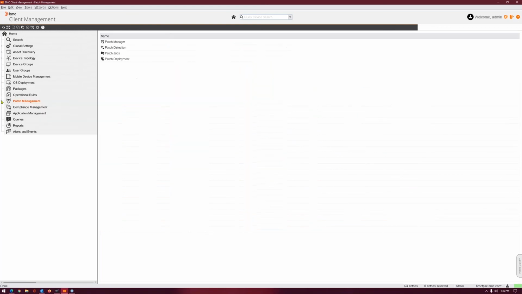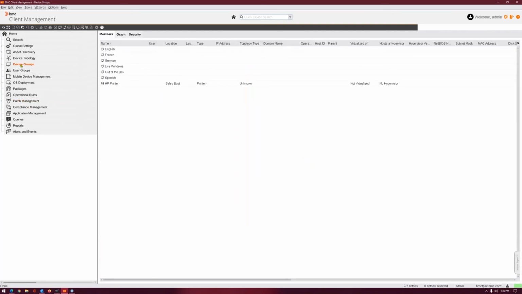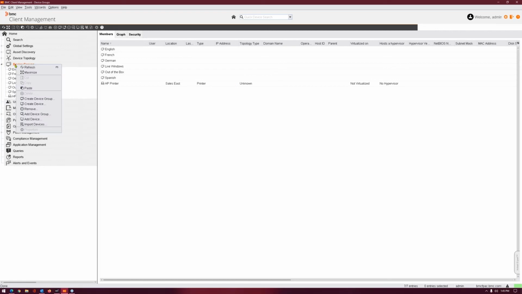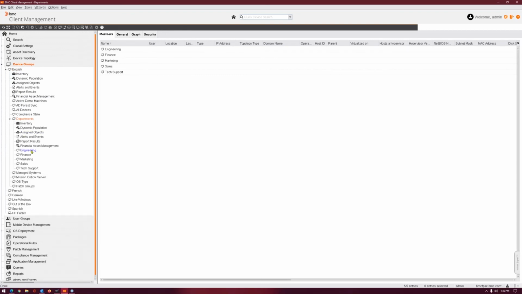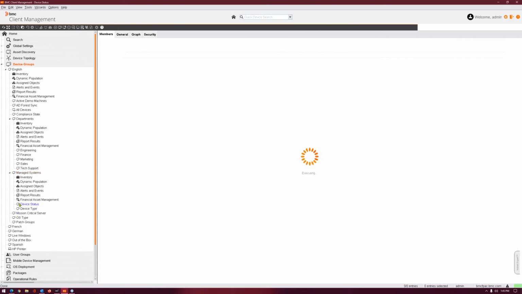Ultimately, the message there is for those that haven't already done so, or maybe haven't spent a lot of time with the device groups, which you can create from those queries. This is something, if you spend a little bit of time in here, building some of those groupings by department, by type, by operating system, whatever the case may be,